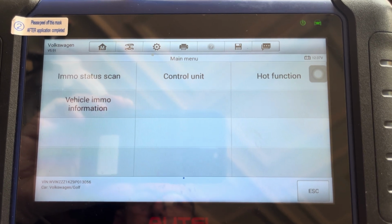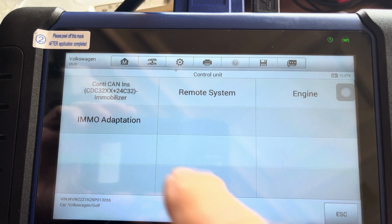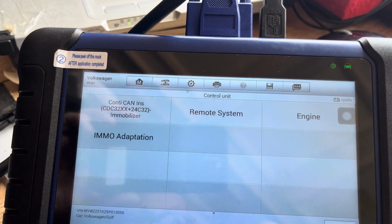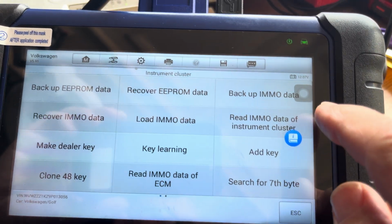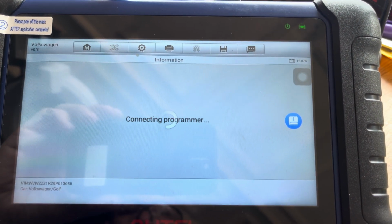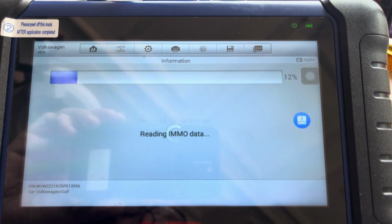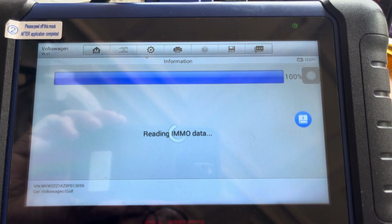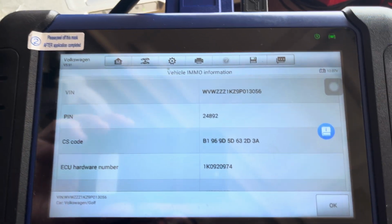So we want to go, ideally, control unit, the immobilizer, and we want to read EEPROM data from instrument cluster. Okay. So it'll connect to the programmer and then it'll pull the pin and all the information from the instrument cluster, so that there's nothing else connected. So there's our pin number,